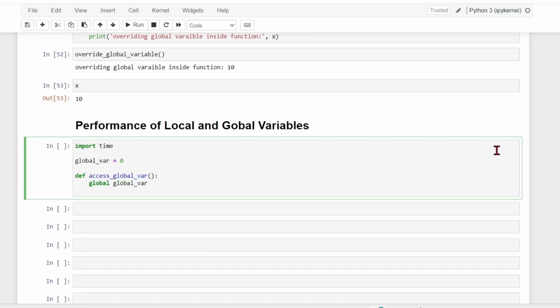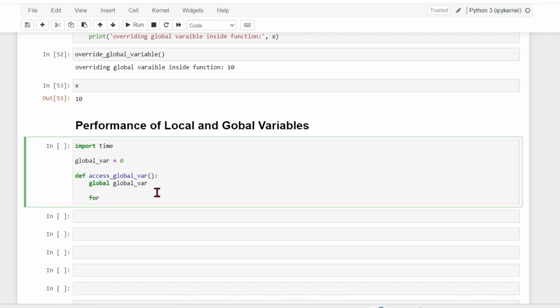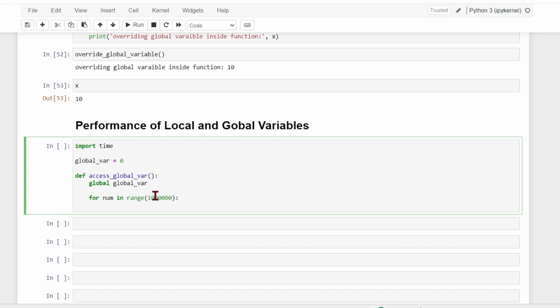In the function I'm specifying that I'm using global var variable as a global variable, and then for num in range, let's say 10 lakhs, and then what I'm doing is that I'm incrementing the global variable value by 1,